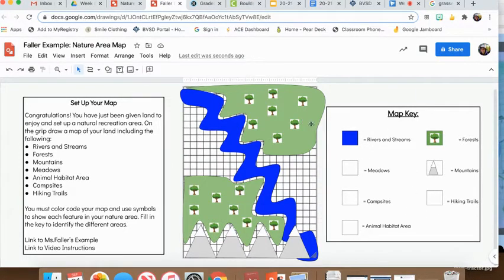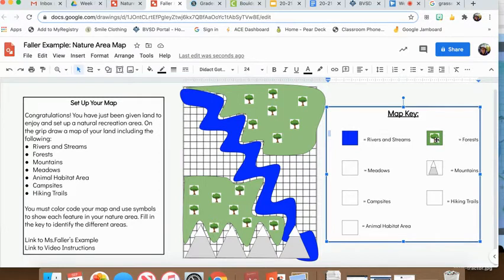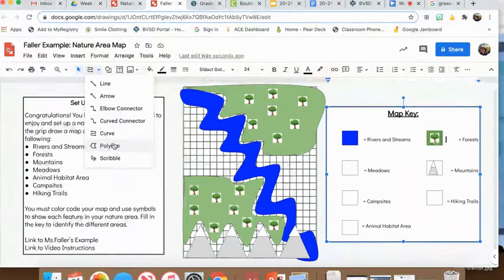So for each icon, excluding rivers and streams, you need to have a color and an icon that represents that area. For example, you can see my forest is represented by this light green color and then that little tree icon. My mountains, I created a little mountain icon using this polyline